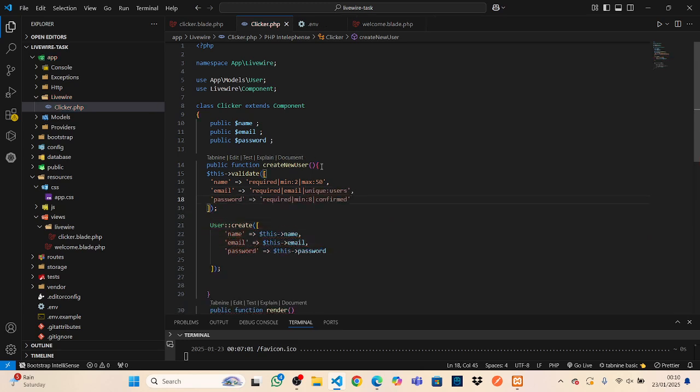email users entered is unique, and then I'll do the exact same thing for password, and I don't know, I just say it's required and should be minimum like 5 characters, something like that. Okay, so you can pass in your validation rule just like this. This is the first way, and in order to view your validation rules, first of all, let's actually see if this works or not. I'll reload the page and I'll